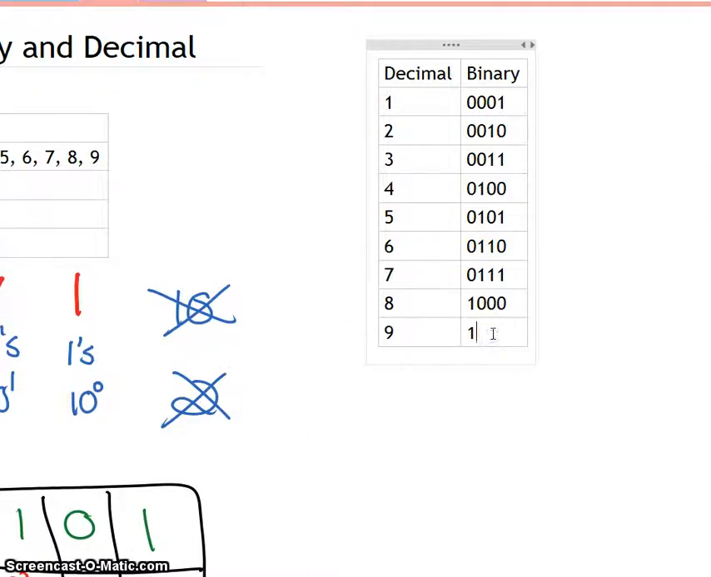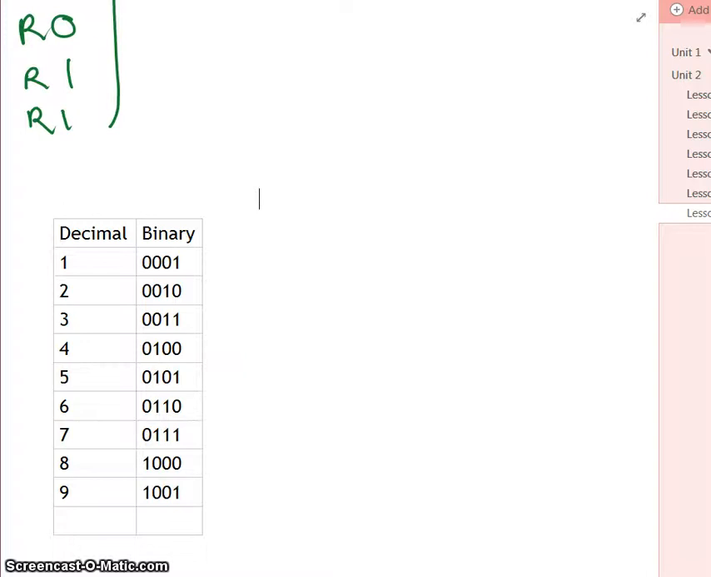So like 9 will be 1001. And then 10 would be 1010, 11 would be 1011. So this is just to kind of help you guys out a little bit. These are the most common ones that you're going to see. So I'm actually going to drag this down to the bottom of this document where we're going to talk about